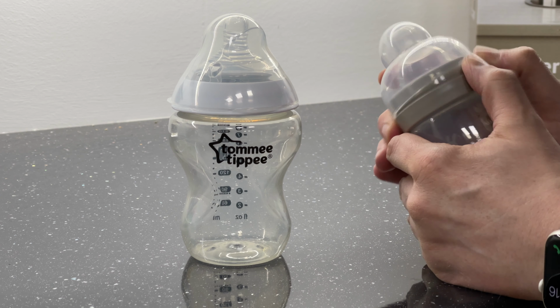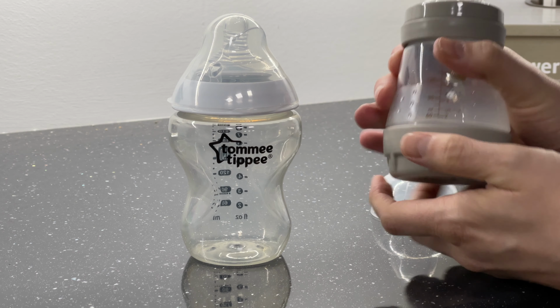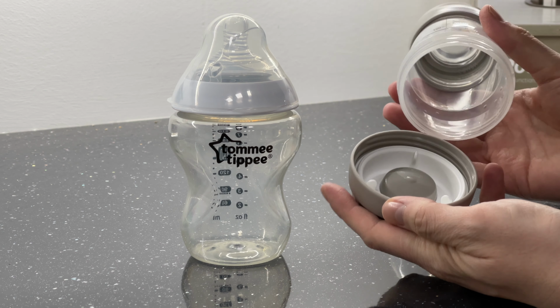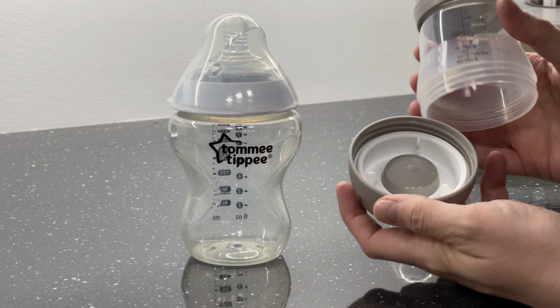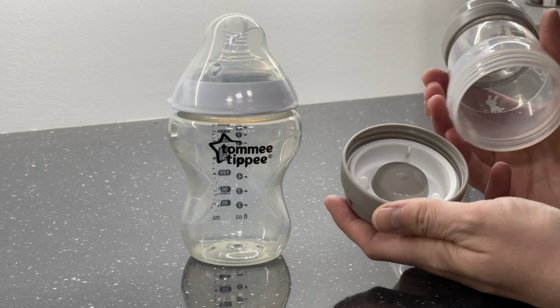They class them as a self-sterilising bottle, which is probably not a gimmick. It's probably a good feature if you're around a friend's house and you just reassemble it in a certain fashion after you've washed it, and then it self-sterilises in the microwave and it's ready to go. But I find there's a few more parts to this bottle. I find the milk sticks inside, and